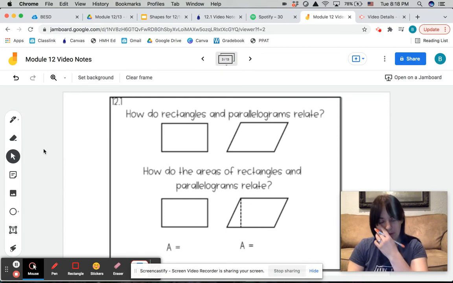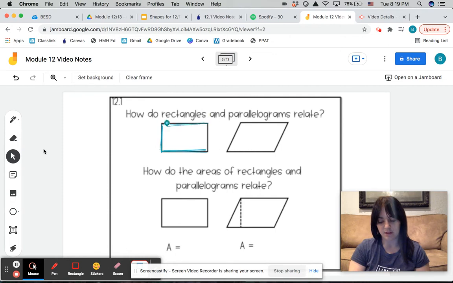Okay, so let's look how rectangles and parallelograms relate. Now, if you still have that parallelogram, the one that you cut out for the hands-on task, get it out and put it in front of you as you're taking these notes, because this is going to help, and I want you to use your parallelogram as we talk about rectangles. Now, you can see how rectangles have 4 sides. I'm going to use blue. So we have a side here, like that,